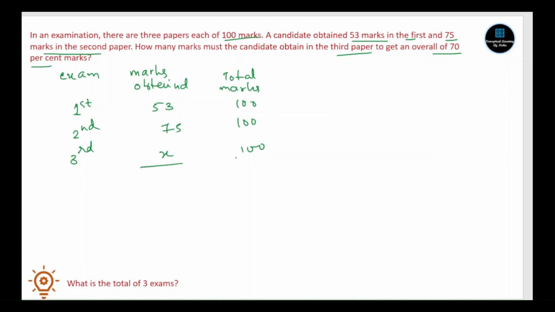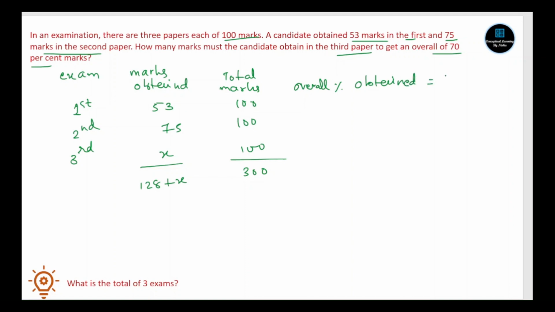Okay. So what is the total here? How much are we getting? This is 300 and this is nothing but, if I add them, I'll get 128 plus x. Correct. Now the total percentage value. So the overall percent obtained